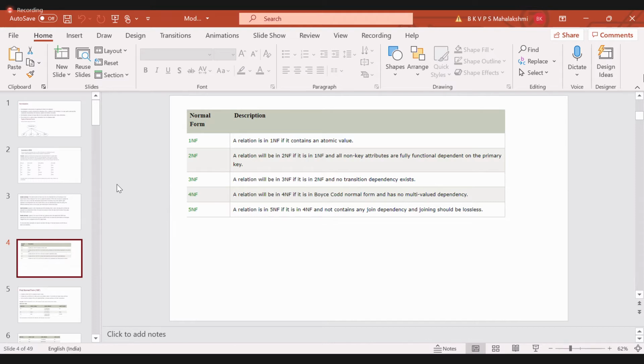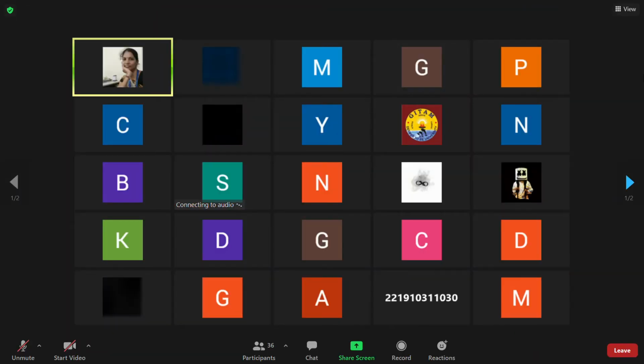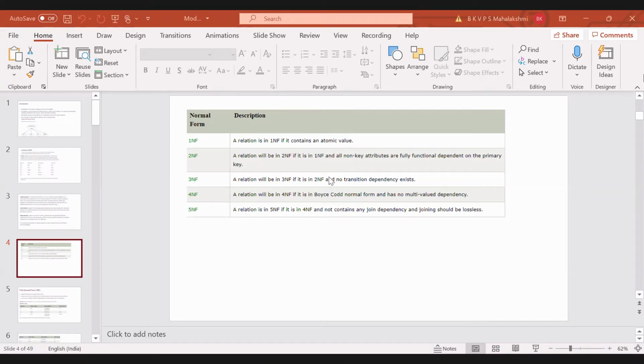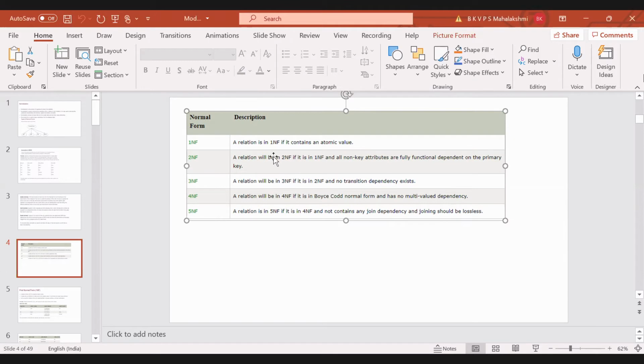That means whenever we say the given relation or schema is in 1NF, we have to look into each and every attribute, and every attribute should contain only an atomic value. That means it should not contain any multi-valued attribute. So how do we find out whether the relation is in 1NF or not? See, how you will get the questions is,